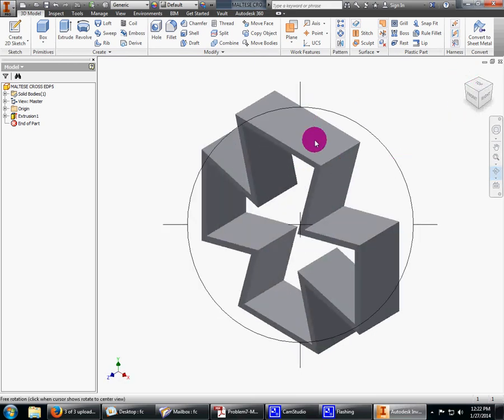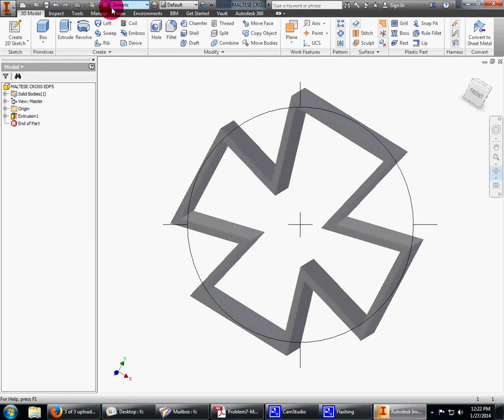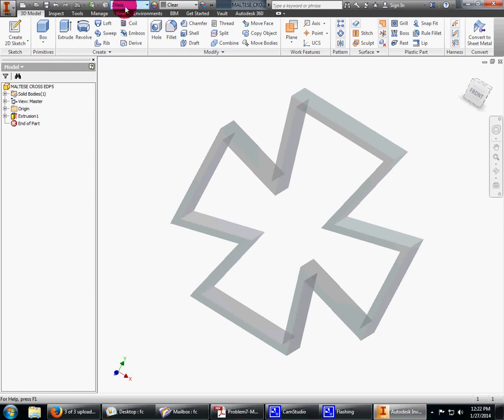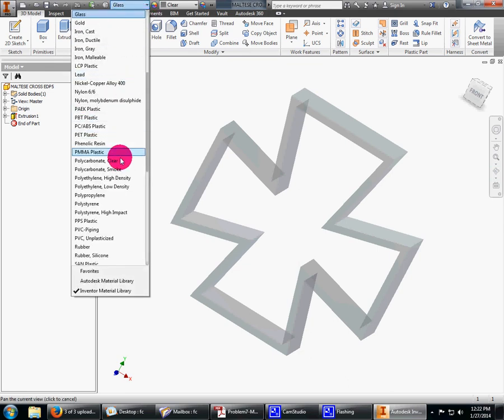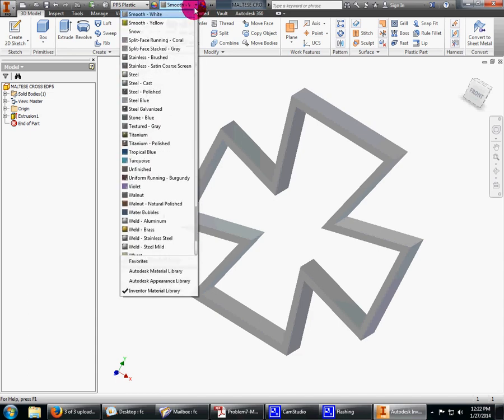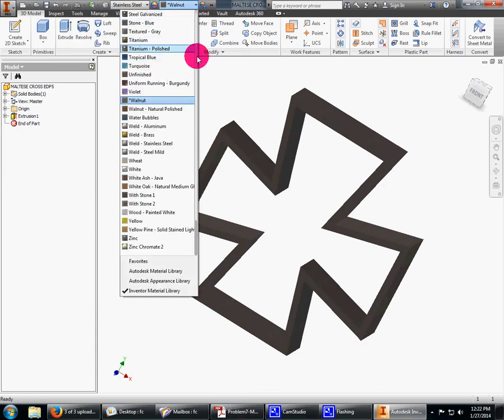back in there. Now, you could also come through, and if you want to, you can change your material, because right now the material is generic. You could actually come in here and change it to glass, and see how it automatically changes it to see-through. Maybe you want it to be plastic. Or walnut, for whatever example. I probably wouldn't do that, but just to show you that we can come through and change to